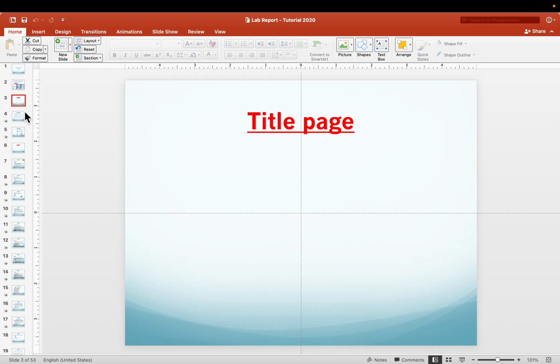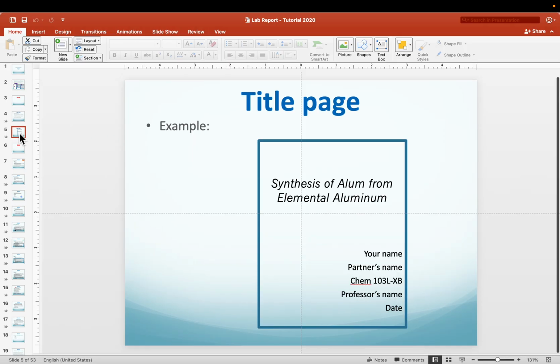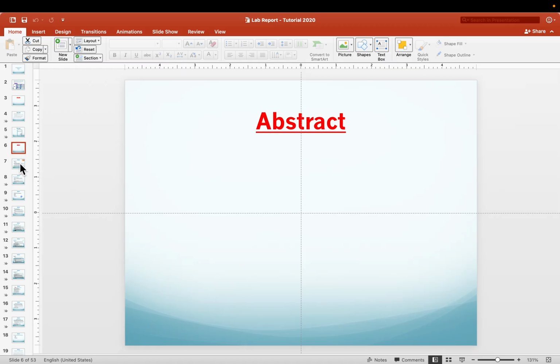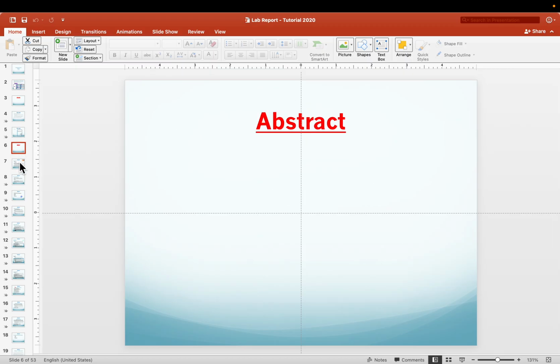Then for the title page, there is some information about how to go about setting up the title page, and then just a simple example of how to set it up. So the title, typically in big letters, big font, your name, your partner, the class, who your professor is, the date, something along those lines, and then that's all it is. And then getting into the abstract,